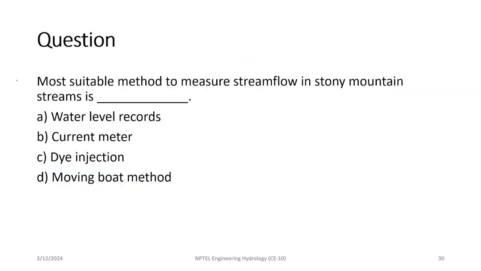Okay, now we are moving to another question. Most suitable method to measure the stream flow in stony mountain streams is? So for measuring the stony mountain stream, why? Because they are more steeper. Also most of the time they are inaccessible. We cannot install the gauge station directly in those locations. So for that case,